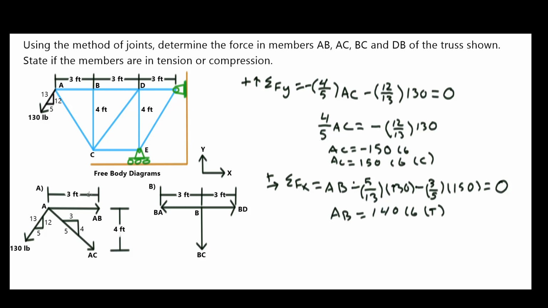So now that point A is all solved for, we can go ahead and move on to point B. Just evaluating point B, we already have this force solved for, and pretty much all we have to solve for is BD, which is pretty straightforward, because if you look at the force going towards the BC direction, there is no other force in the y direction, so you already know that's going to equal 0. So for point B,